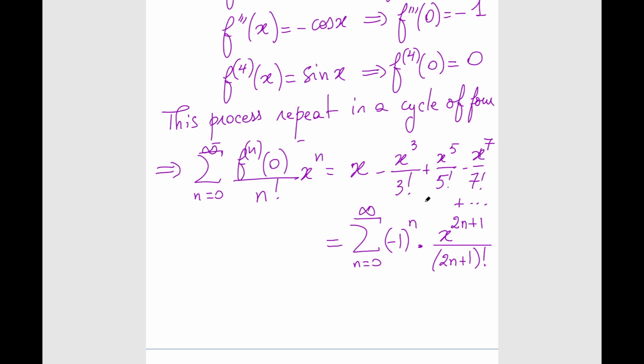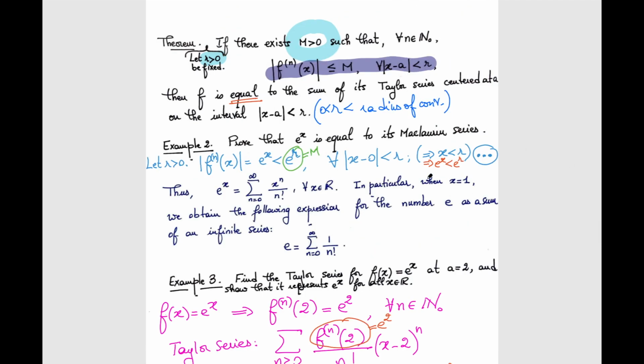Right there. Okay. And what's the question now? They want us to prove that this represents sine for all x. Okay. So what does it mean? What does it mean? If you go back to that theorem, in order for a function to equal its Taylor